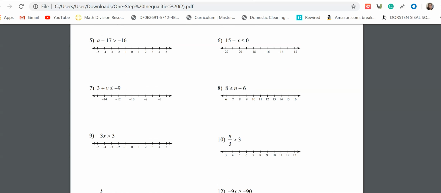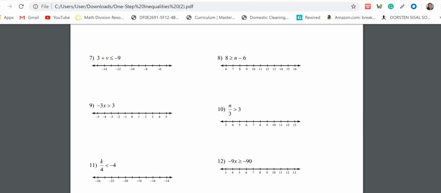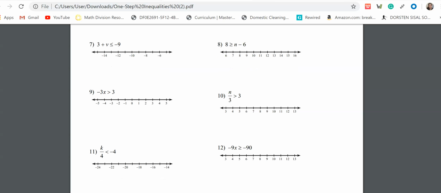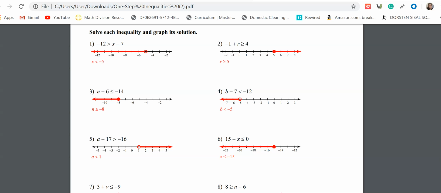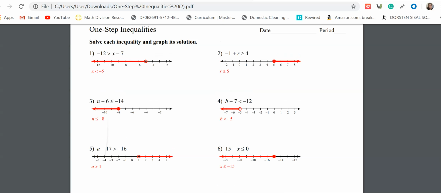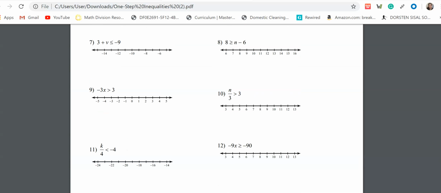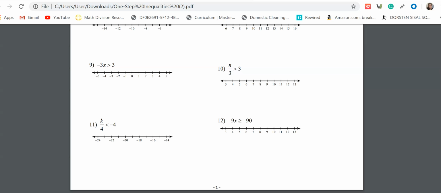Okay, so if I scroll down here, notice that again, this is coming from the PDF that's on the website. So if you want to check yourself and do more problems than what's in this video, please scroll down to the bottom to the 3rd and 4th page. There's the solutions. Now notice that on these solutions it may be a little confusing, but they put the solid circle and open circle for the answers. But again, we're focused on doing set builder and interval notation. So the closed and open circles, just remember a closed circle would be a bracket, and open circle would be a parenthesis. Okay, so it's the same thing. All right, so let's go now back to page number 1, and I'm going to start with doing number 9